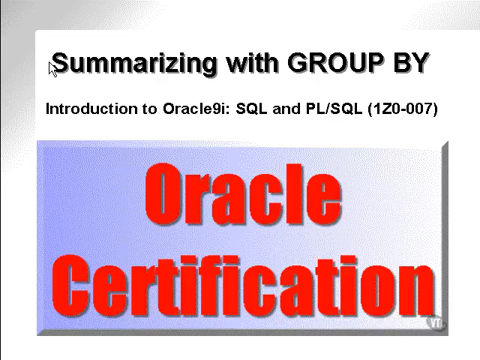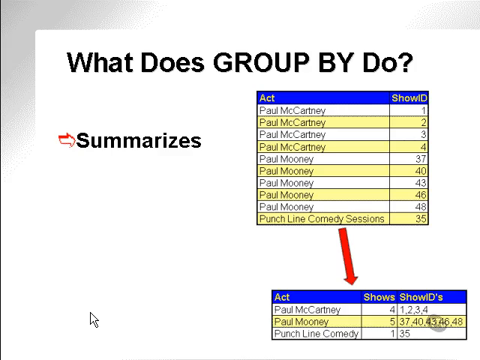Summarizing with the group by clause. What does group by do? What is the group by clause used for? Group by is used to summarize, to group sets of rows into smaller sets of rows, summarized or summary sets of rows,